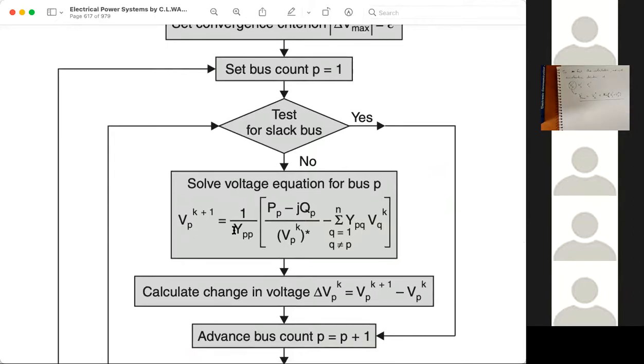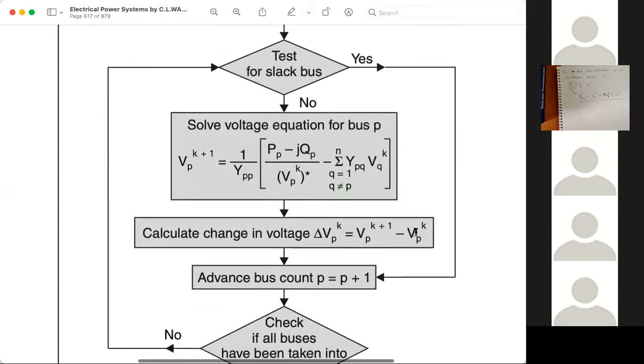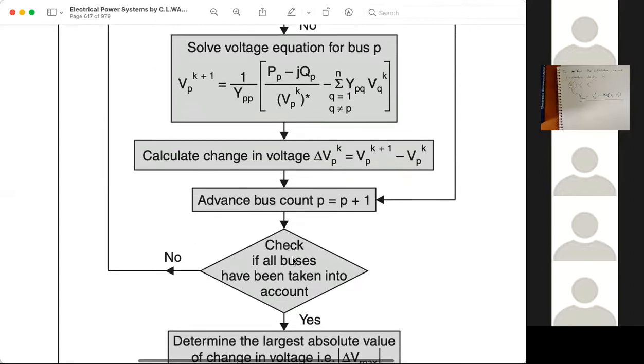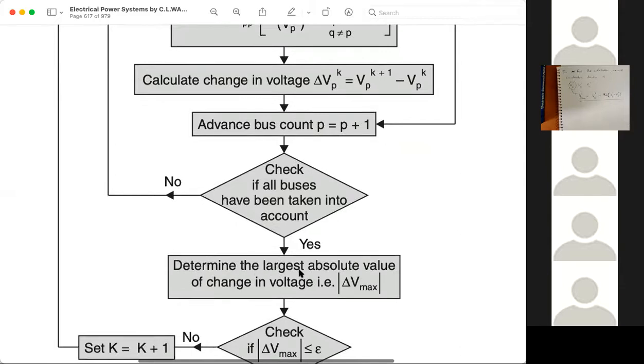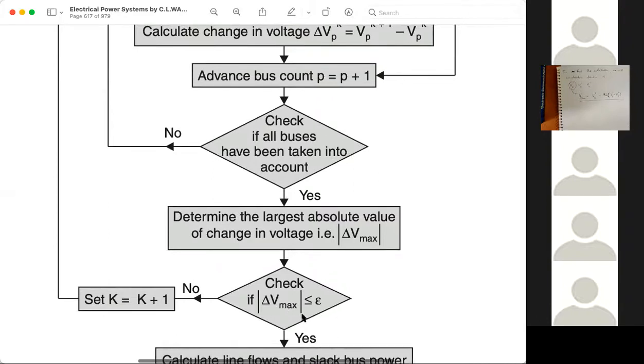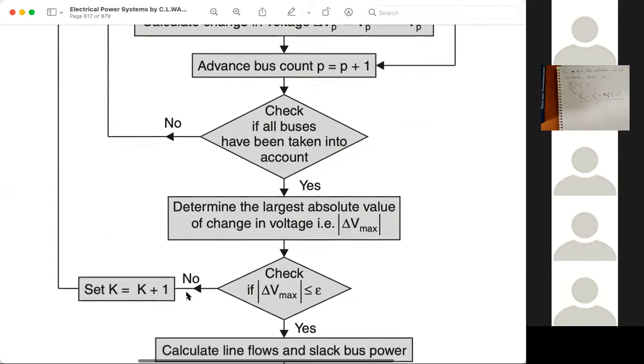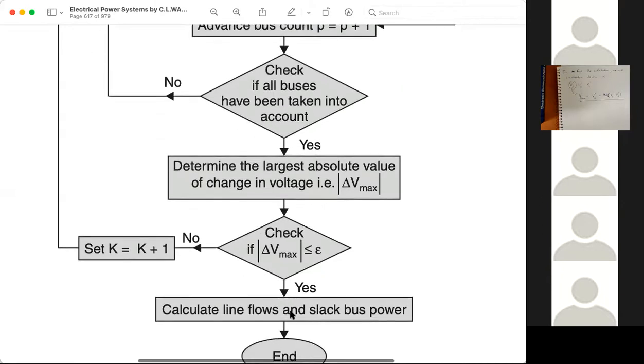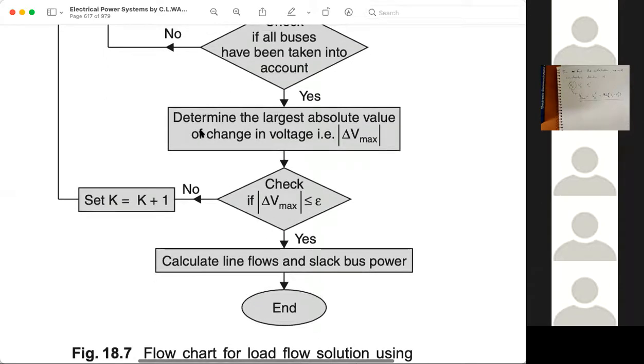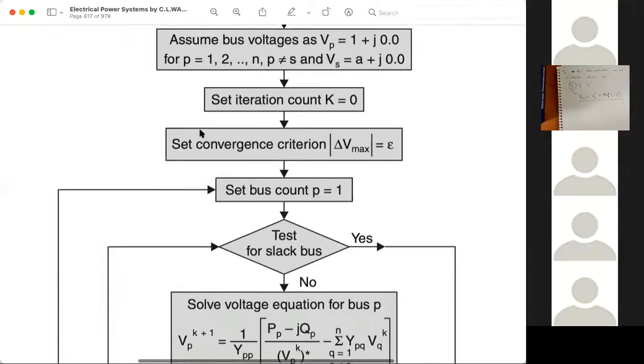So Vp k plus 1 will be 1 upon this minus this, and now we will calculate the change. If all the buses are considered, we reach the next step, else we continue till all the buses are done, and then we determine the largest absolute value of change. If the largest change is less than epsilon, then your answer is reached, else we continue and go for the next iteration. So this is the flowchart of the Gauss-Seidel method.